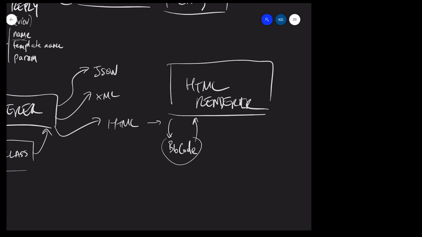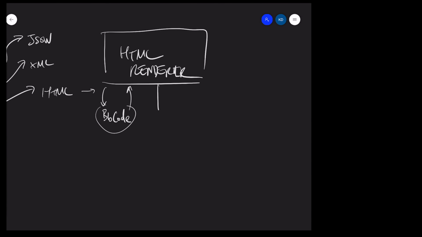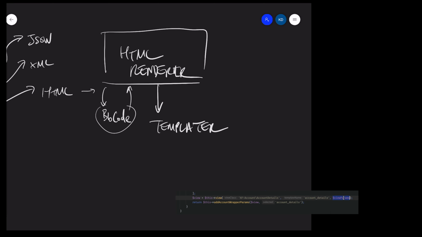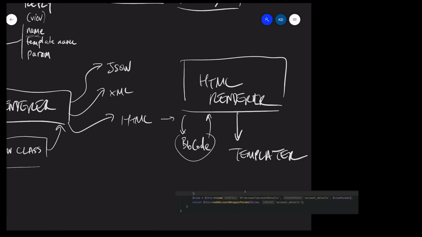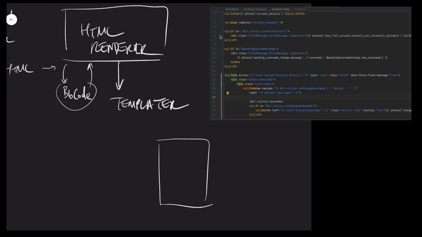And that brings us on to the templater, which is arguably the most important part of the HTML renderer. The templater will take the parameters that you've returned from your view here and insert them into the template that you also named as part of your view. And that will create what we call the content template.